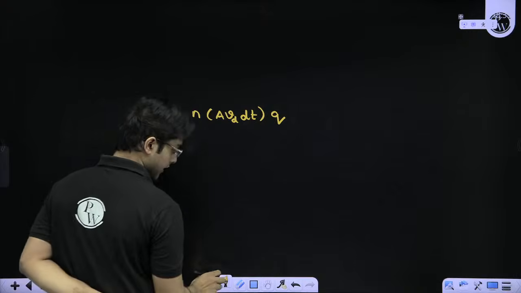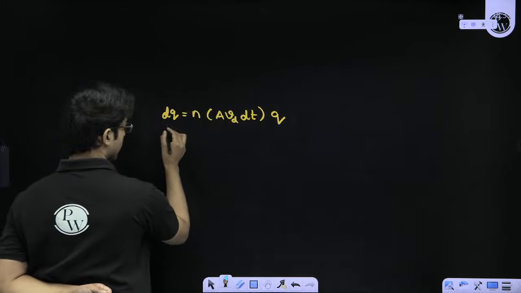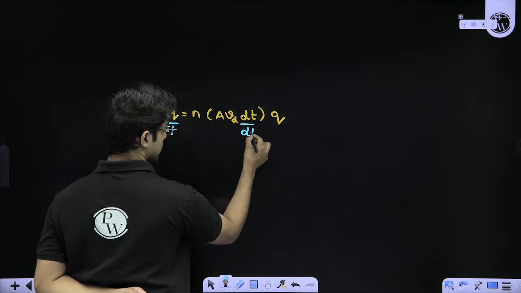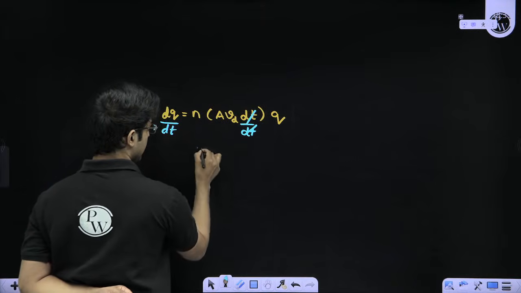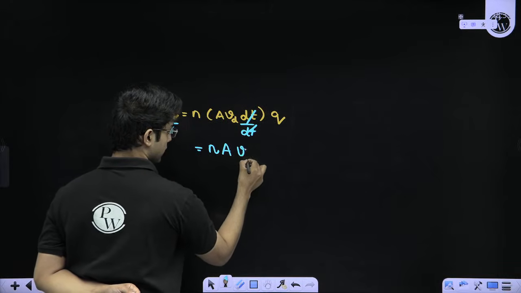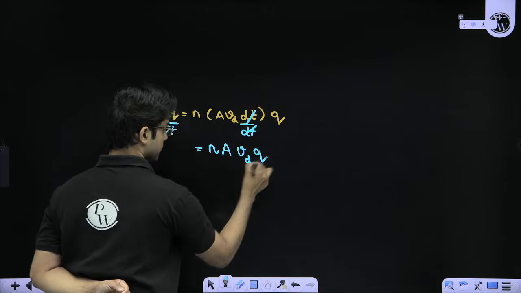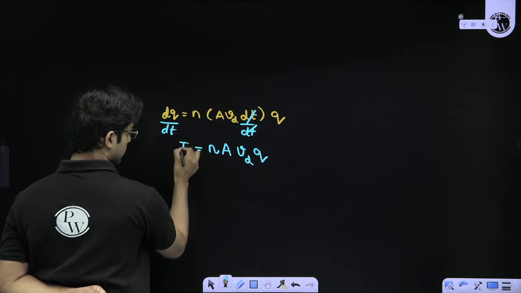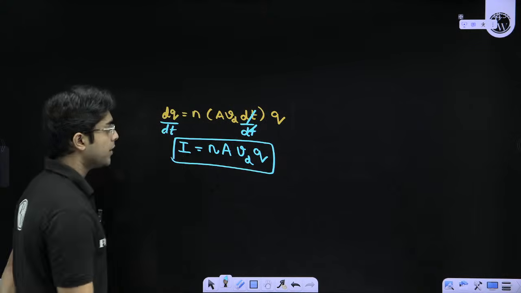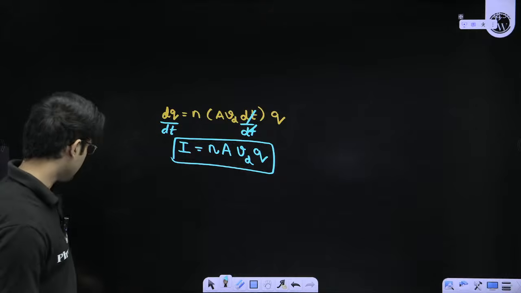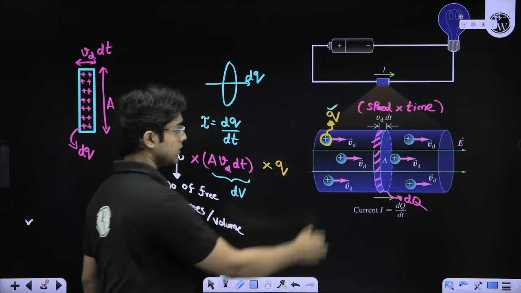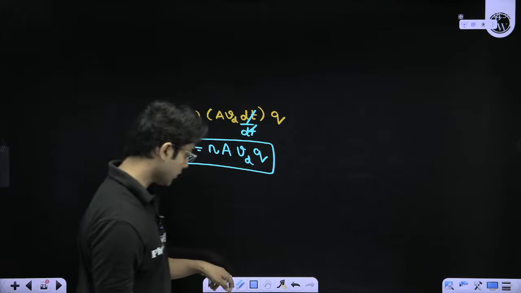Okay, so now for the current, all I have to do is divide with dt on both sides. Right, so this term just goes away and we get n into area of cross section into Vd into the charge Q. This will be the current through the conductor. Okay, but here the thing is, we took a random case where we had a positive charge moving with a charge Q, right? So when we are talking about conductors,